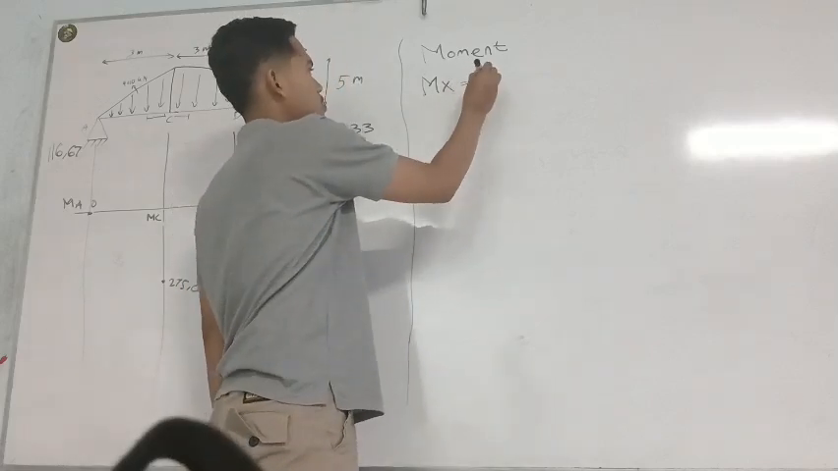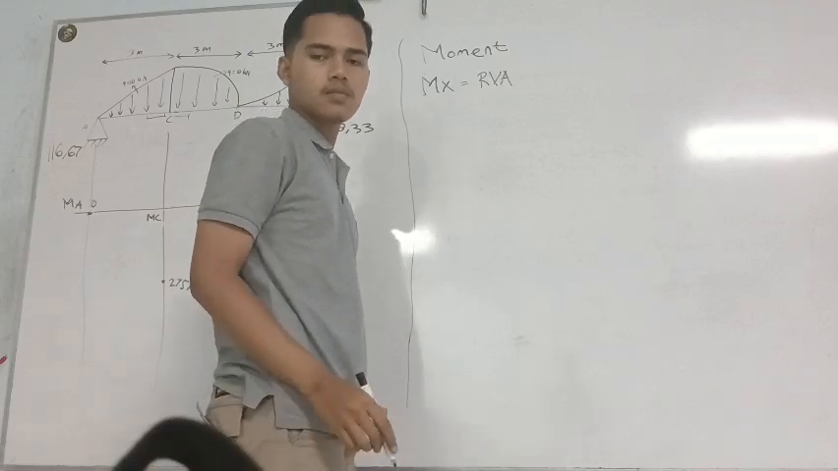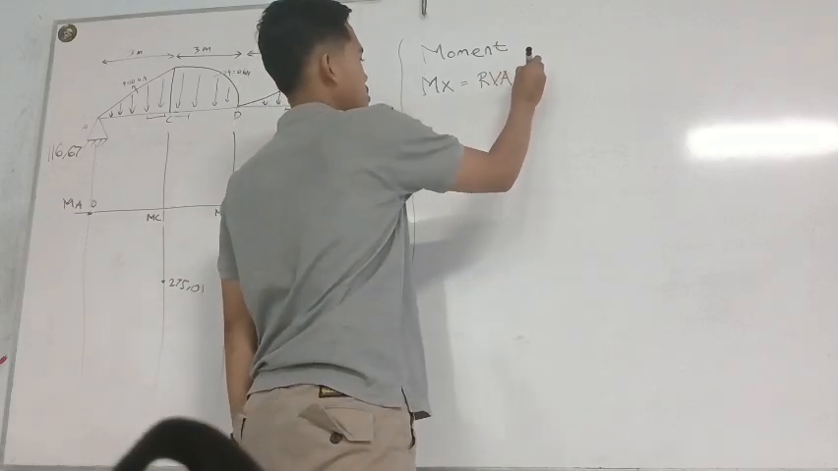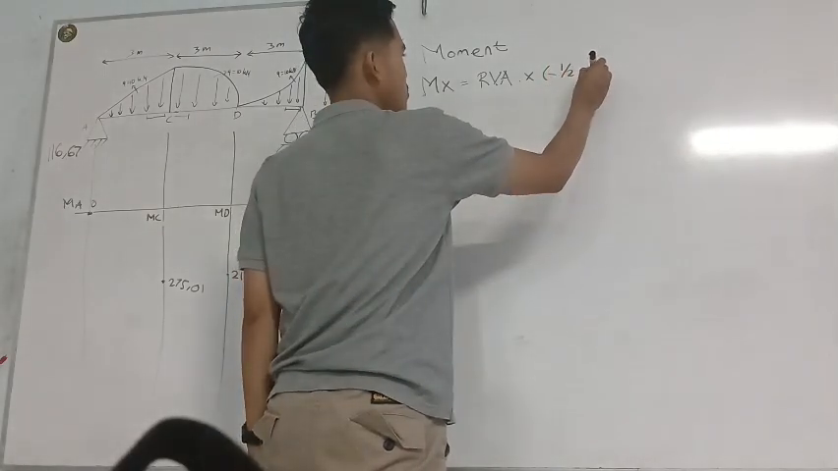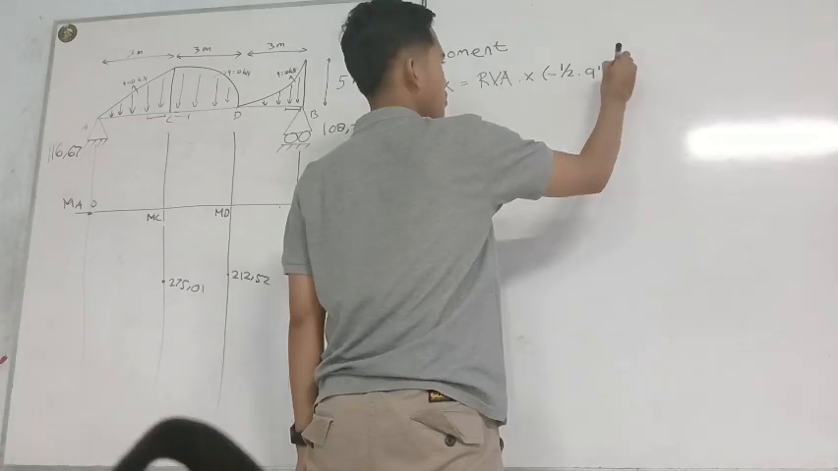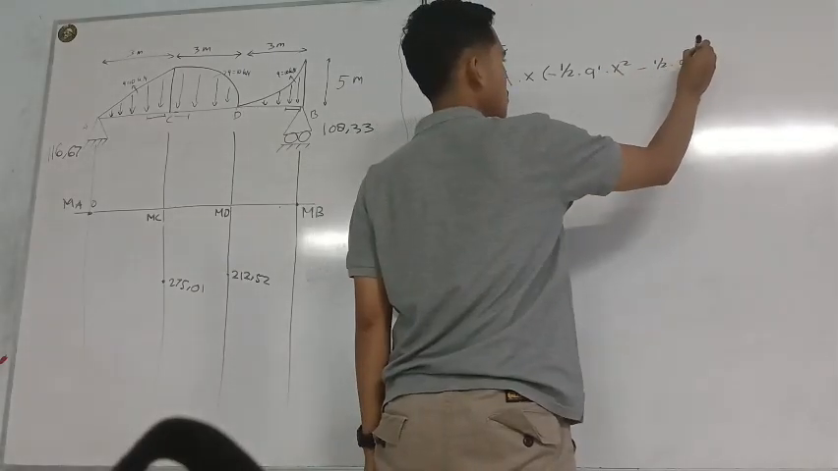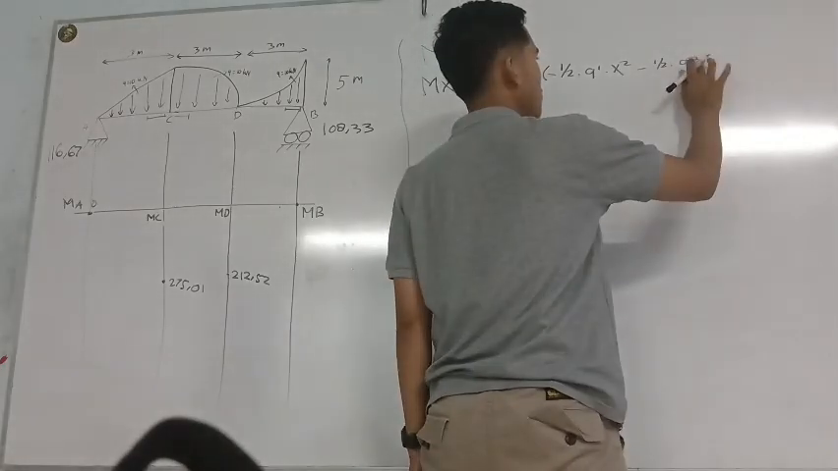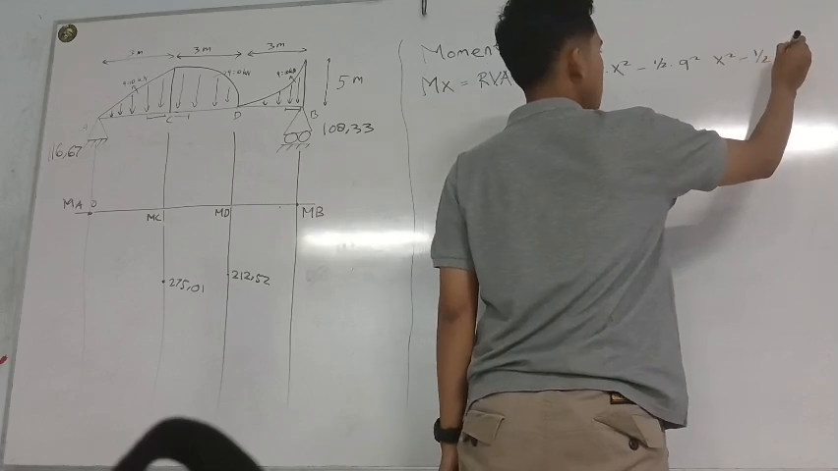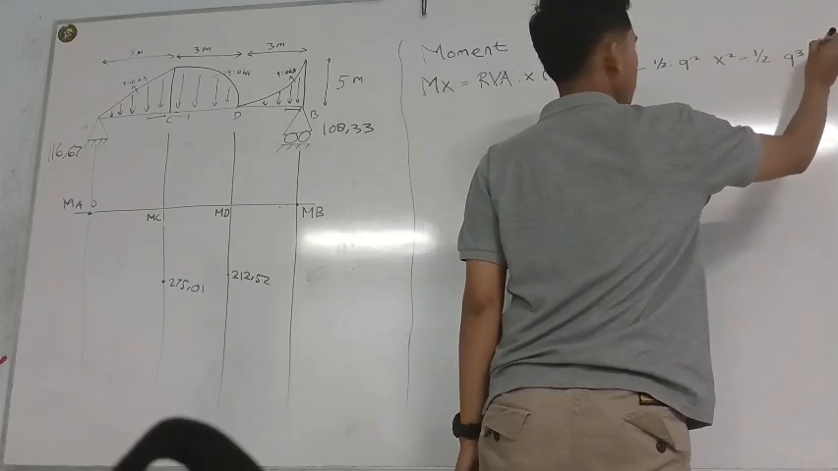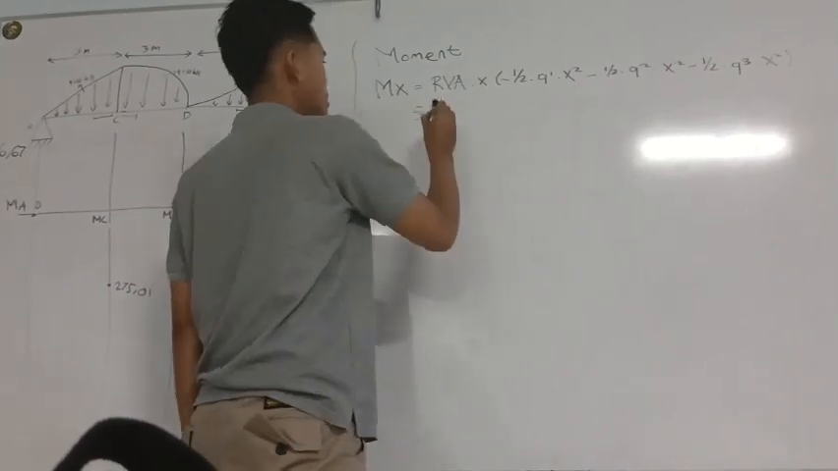Mx is equal to RVA times x, minus a half times q1 times x squared, minus a half times q2 times x squared, minus a half times q3 times x squared, equal to RVA is